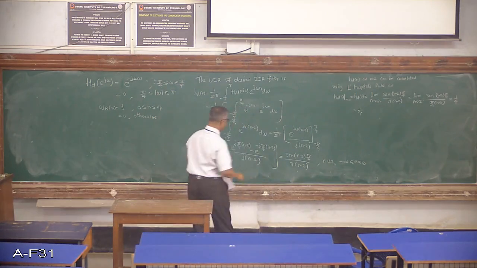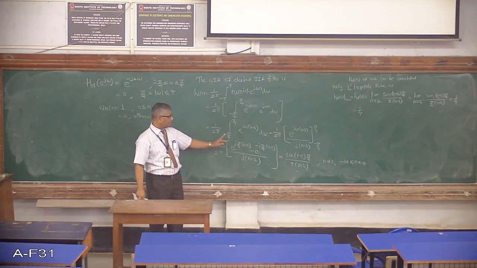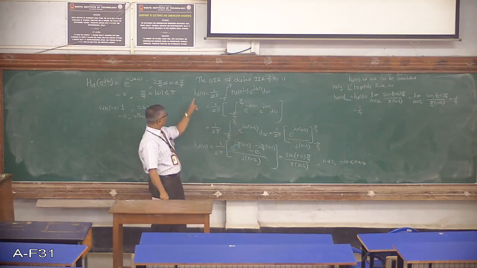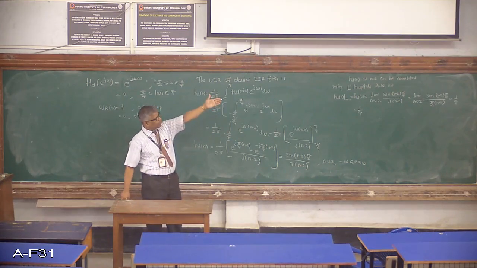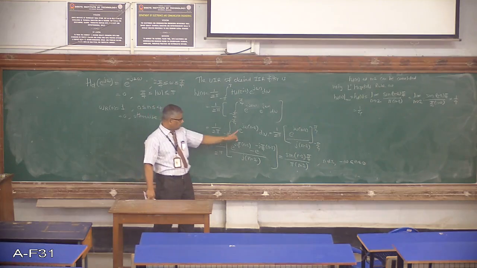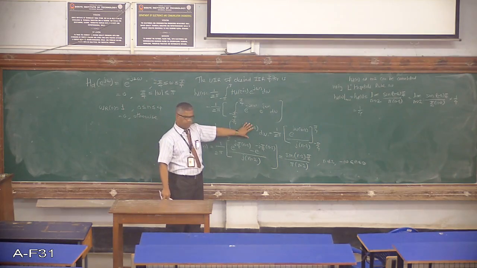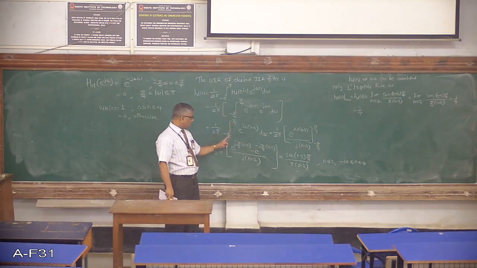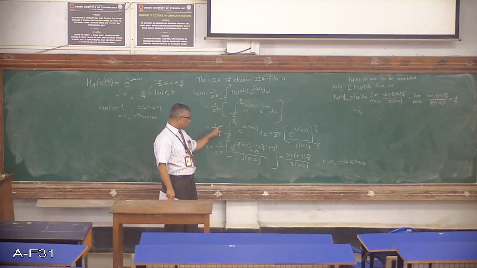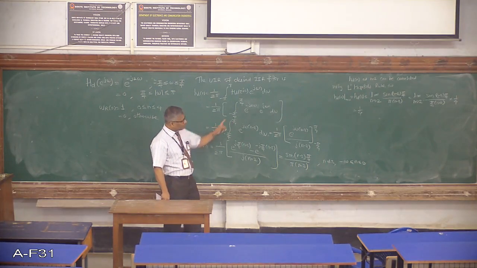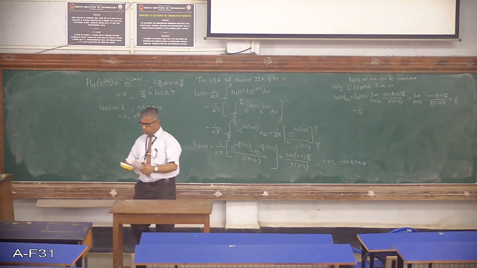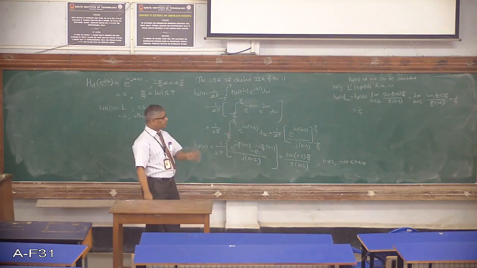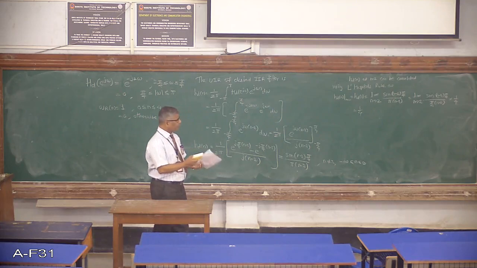Same answer you can evaluate if you look at this particular statement. Because I want to know the value of hd of n at n equal to 2, I don't want to apply L'Hospital's rule; you can always do it this way. Here you put n equal to 2 and get e to the power 0, which is 1. So integration of dw will be w, and pi by 4 minus minus pi by 4, that is 2 times pi by 4, is pi by 2. If you put pi by 2 here, pi cancels, so you get 1 by 4 as the answer. Same answer. So those who don't want to apply L'Hospital's rule have to make use of this step. The choice is yours. So we have found the value of hd of 0.